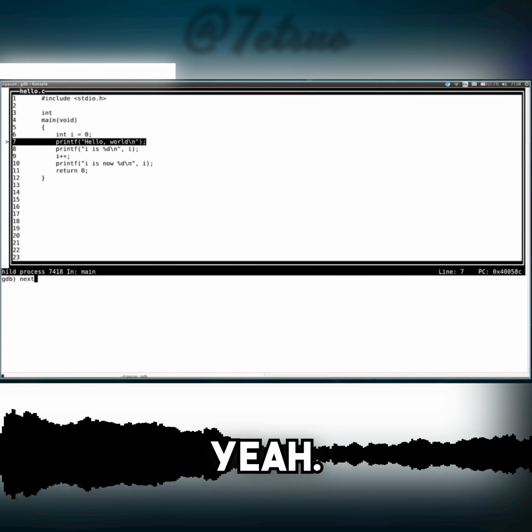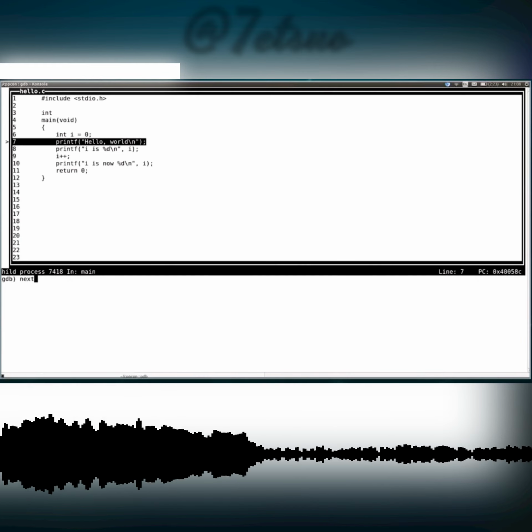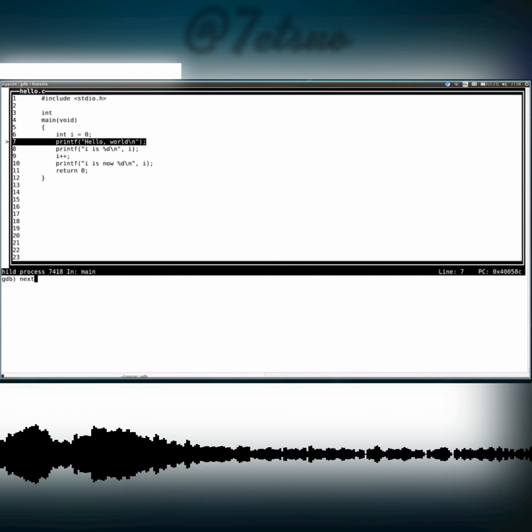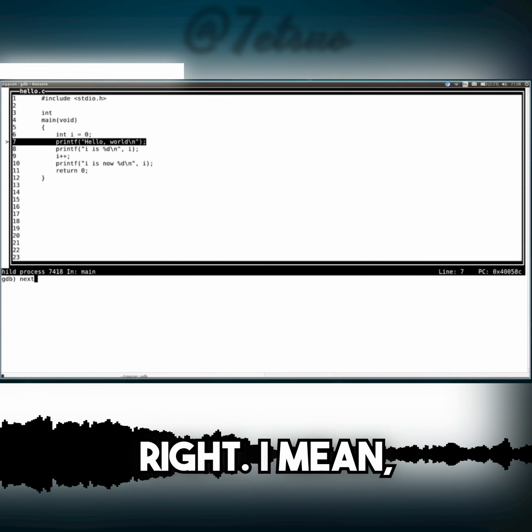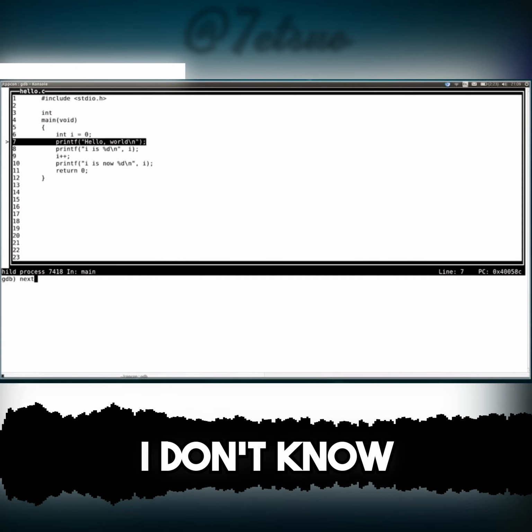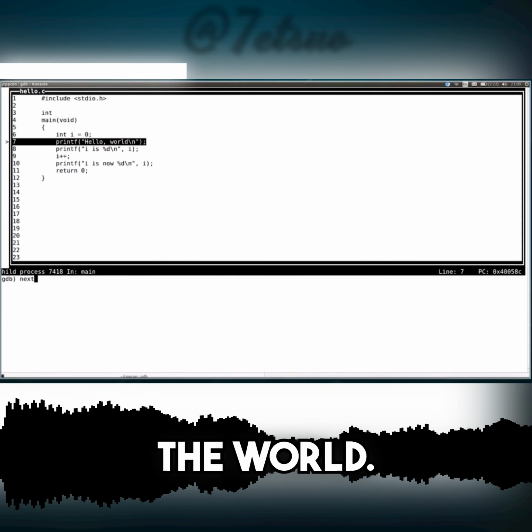No, really. These are all Emacs bindings. Yeah, so you should just be able to press J and K and then it would be all right. Yeah? I mean, I don't know. I don't know what's wrong with the world. But so